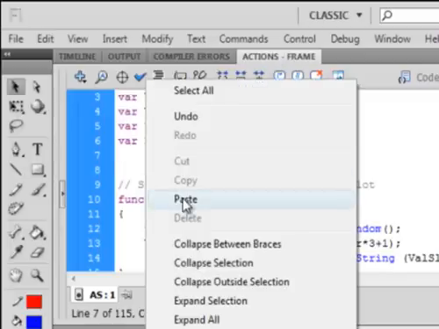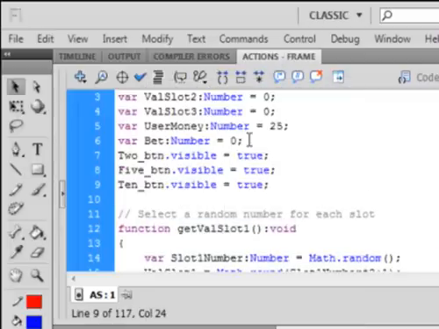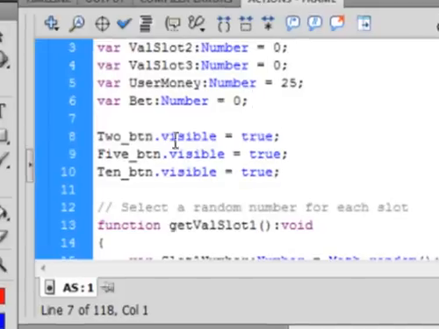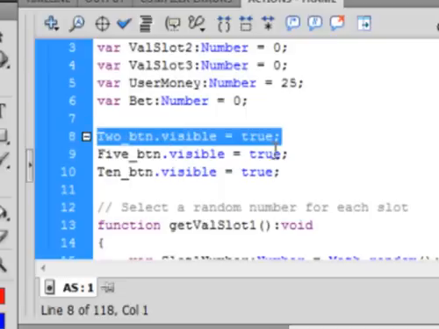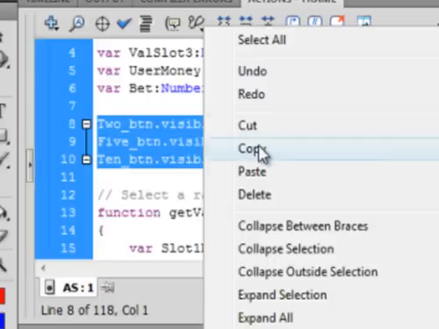And in here we're going to make 3 statements. I'm going to separate them from my variables with an enter here. One is to underscore BTN, that's that wager 2 or button 2, period, visible, VISIBLE, equals true, semicolon. There's a period in here, and this visible and true turns blue. Highlight it, paste it here and copy it, paste it here and paste it here, and change this to 5 button and 10 button. Right click, copy these,